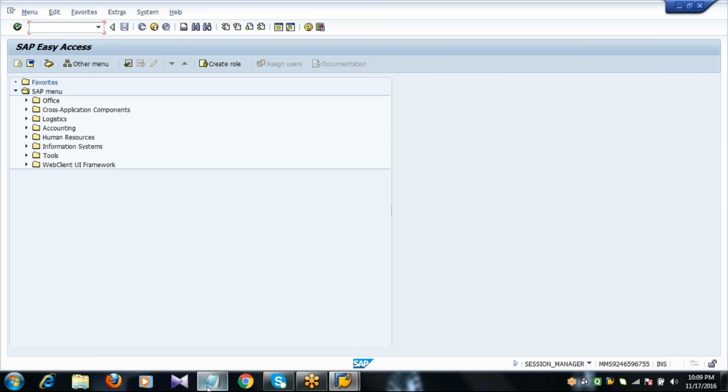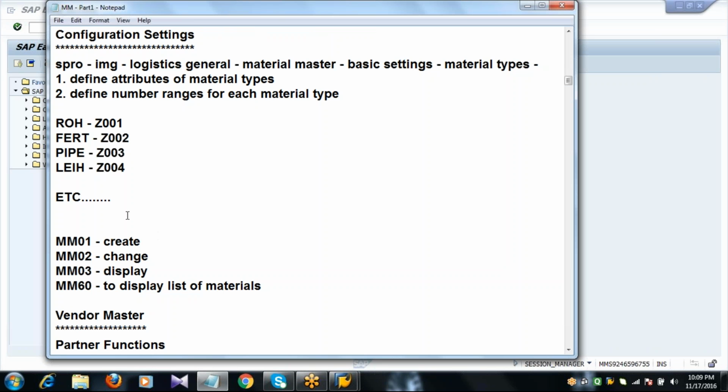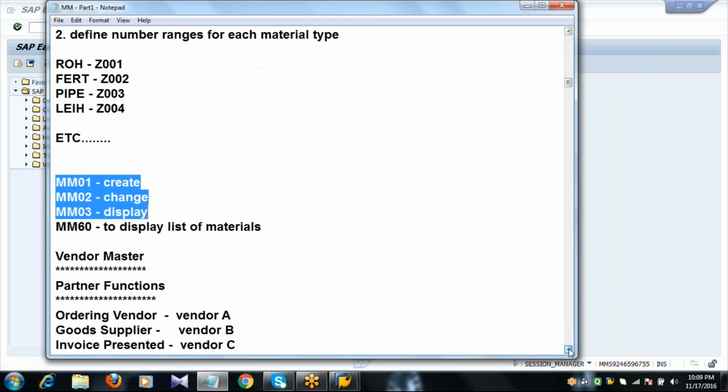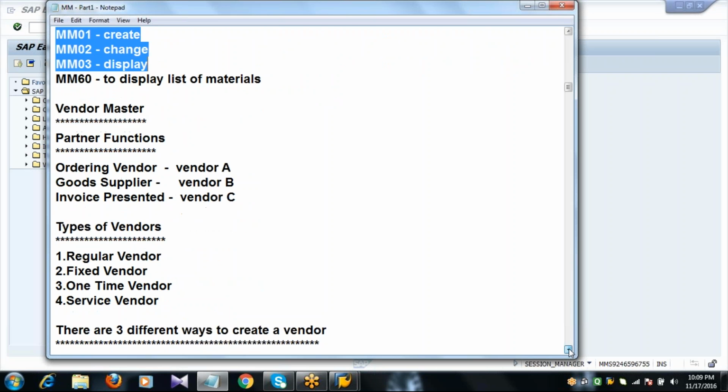Next, to create a material master, the transaction codes are MM01, MM02, MM03. Almost all the transaction codes will be in a sequence. MM01 is to create a material, MM02 is to change the material, MM03 is to display the material.